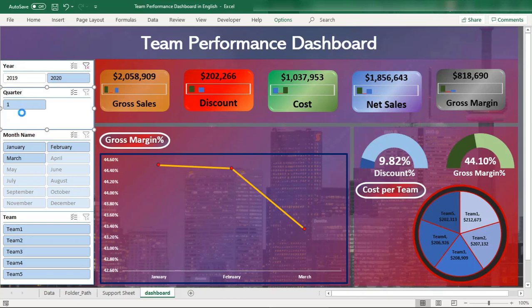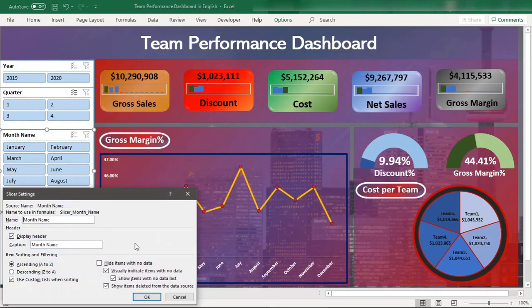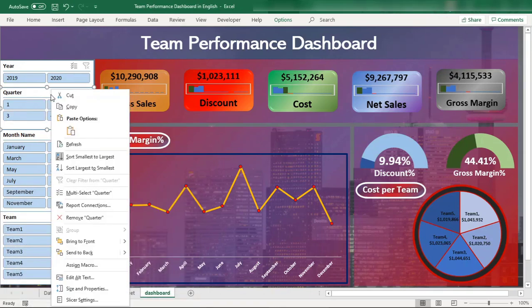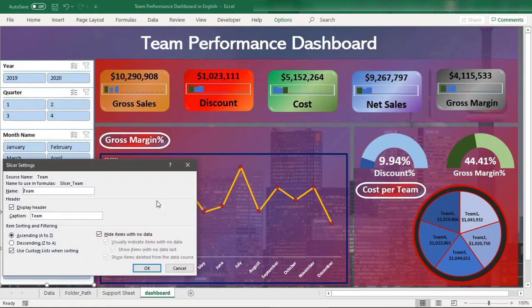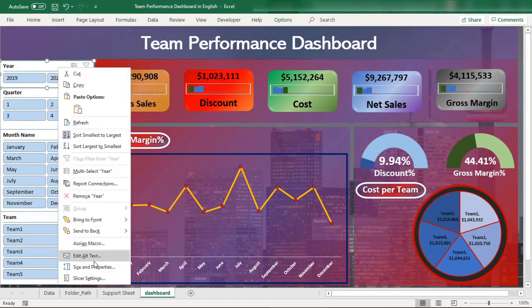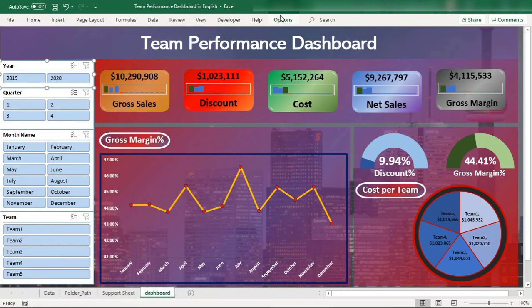So now, why is this not working? Slicer settings, hide items with no data. We also need to set the slicer settings to hide items with no data. So now we need to